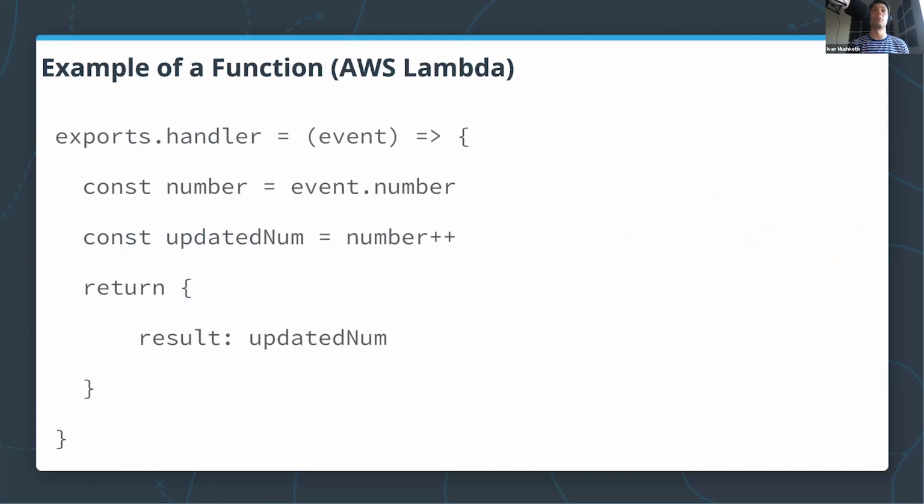So here is an example of a simple function using AWS Lambda. In this case, the main parameter that we use in this function is event that we need to process. An event is just an object, just a JSON object in this case. We can read fields from this event. We can implement the logic for our application. Here we just increment the number field and then return the result to a caller of this function.